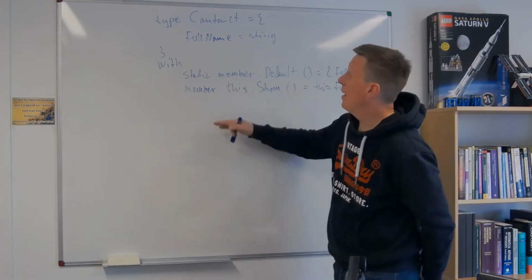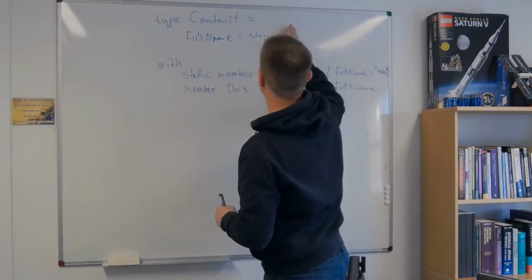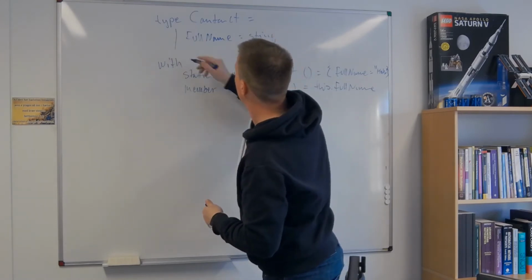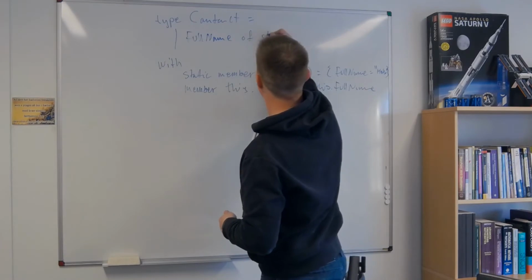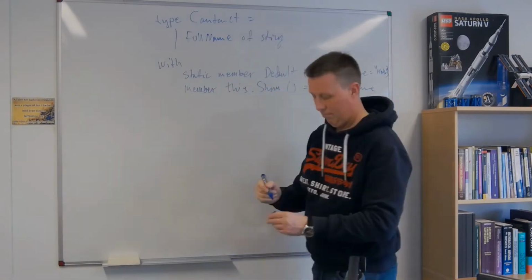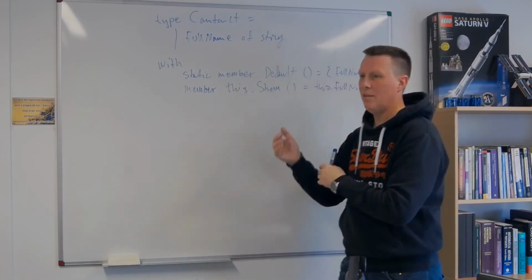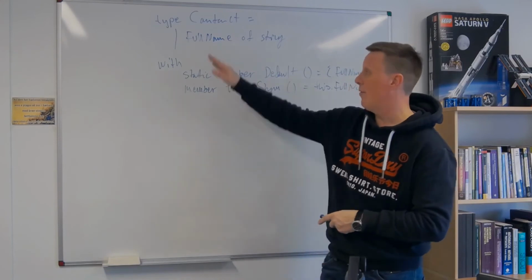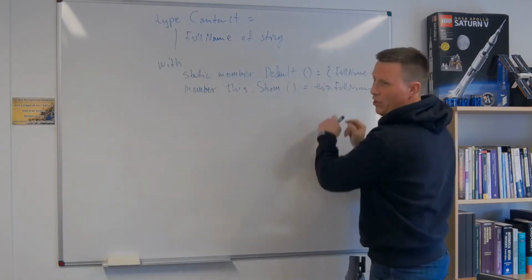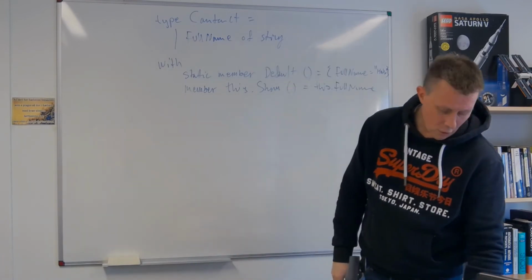And similarly, I could have turned this into a union type of string, and it would be the same. It doesn't matter if it's a record type or a union type. I could have all the cases, but of course I need to pattern match here. So this is just a little caveat. Okay, so